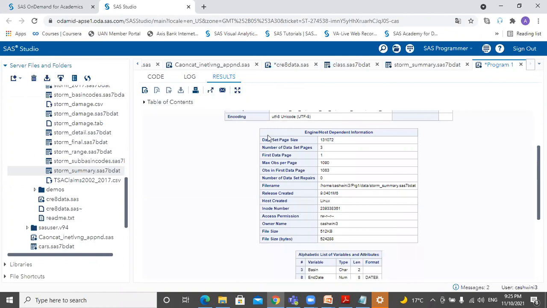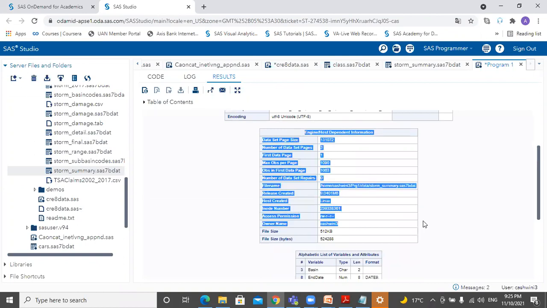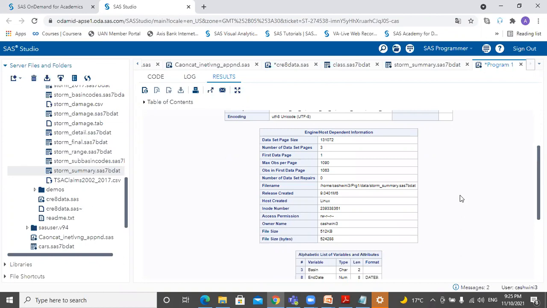Then it also gives you the engine host dependent information. Data is always saved in the form of data pages in memory. So it tells the size of the page and how many pages it requires.